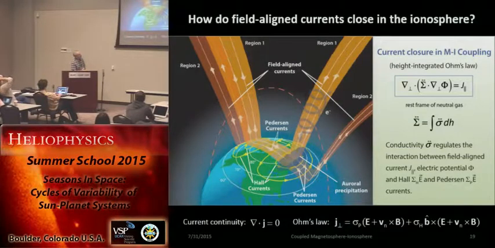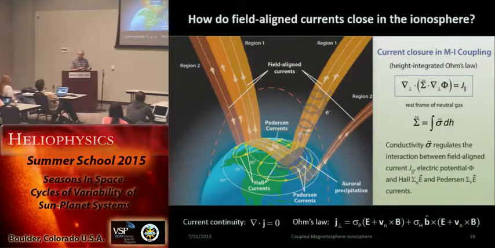And so you put this equation in here, assume the electrostatic condition, and integrate over the height of the conducting layer in the ionosphere. So capital sigma here means height integrated conductivities. And then this equation determines what's going on in the ionosphere. So what people would normally do is say, okay, the field line currents are flowing in from the magnetosphere down to the ionosphere. This is like a source in this Poisson equation. If we know the height integrated conductivity, then we can solve for the potential everywhere in the